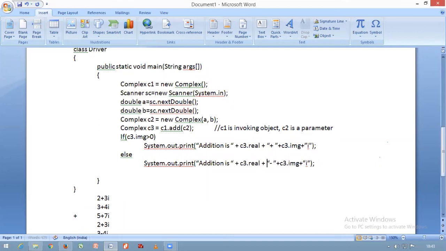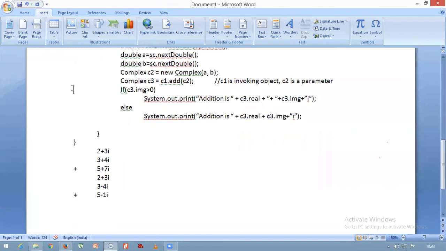Actually, you don't need to add the minus here, like this. If the resultant imaginary value is a positive value, then you need to have a plus in between the real and imaginary.